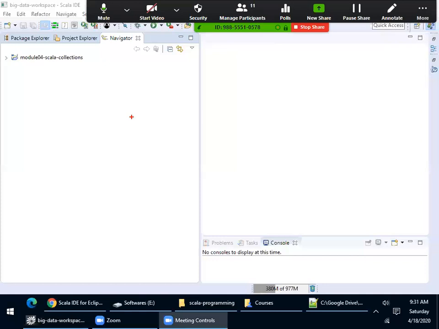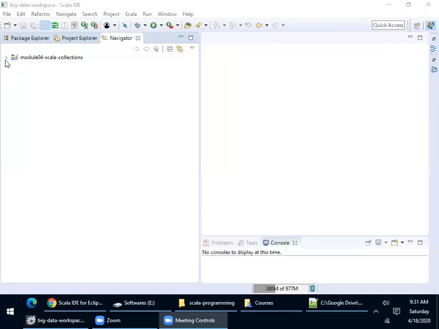Now please observe, this is a very important thing here. I've created a Maven based project, and it has created an M with a J there. As we know, J basically stands for Java in this context. Now I have to create a Scala project, correct? By default, Maven creates a Java based Maven project, so you have to add a Scala nature for this.